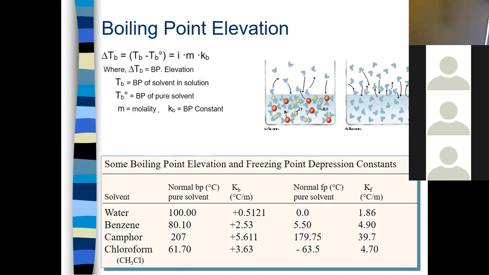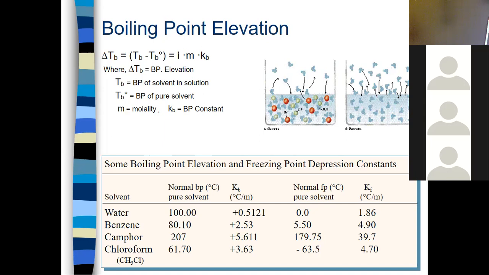So for example, if you were doing a problem where water was your solvent and you calculated the change in boiling point was 3 degrees Celsius, well then the new boiling point would be 103 degrees. Water boils at 100 degrees and boiling point goes up. So if you had a change in boiling point of 3 degrees, the new boiling point would be 103. In brackets there, the new boiling point minus the pure liquid's boiling point